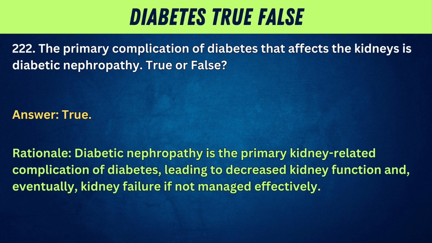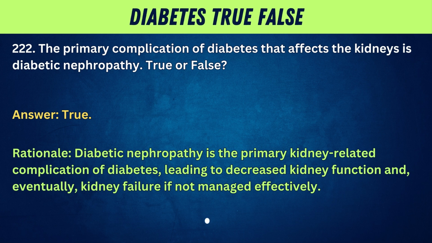222. The primary complication of diabetes that affects the kidneys is diabetic nephropathy. True or false? Answer: true. Rationale: diabetic nephropathy is the primary kidney-related complication of diabetes, leading to decreased kidney function and, eventually, kidney failure, if